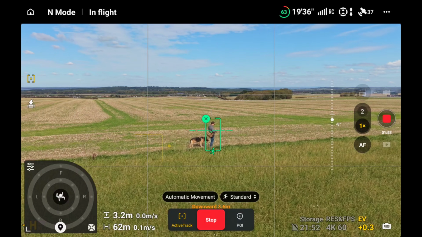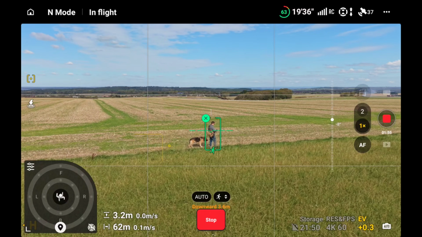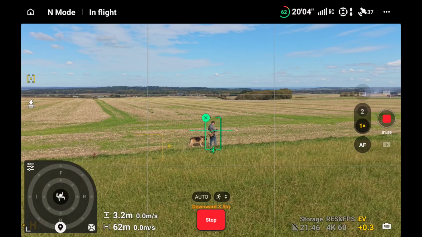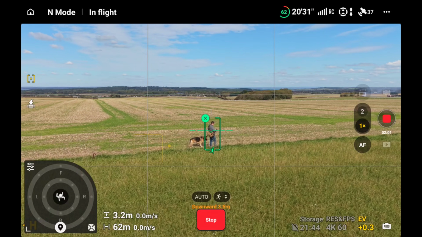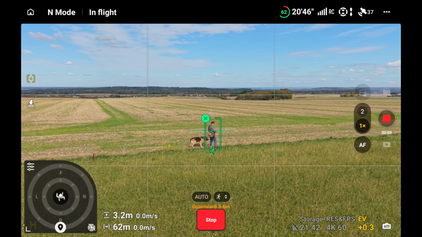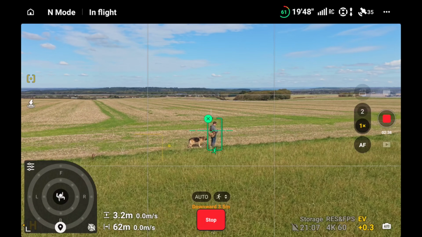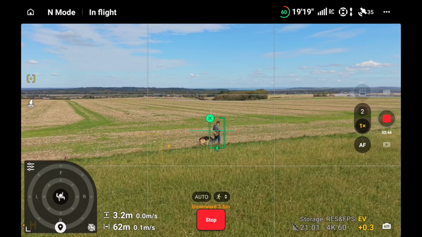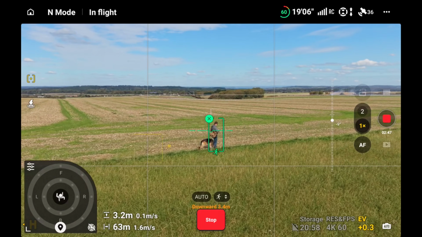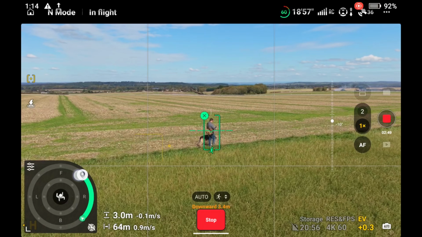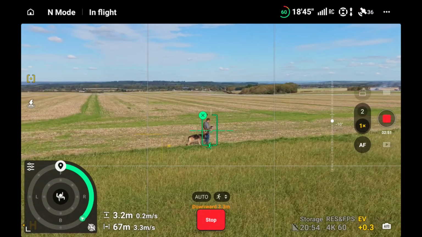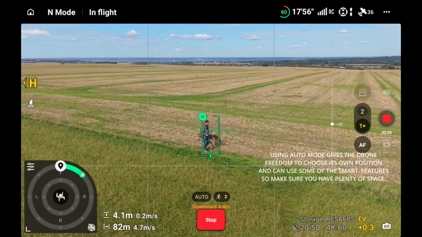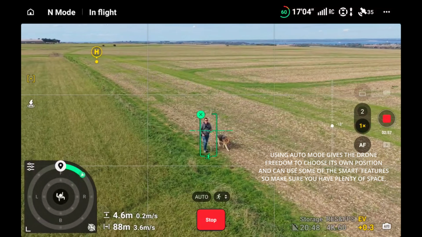So we can now use the icon on the left, which has got an inner ring for close and then an outer ring for a slightly further distance. This can be customized in the settings, and then we can basically, so even though we're walking, this is going to actively track us now, and then we can just spin this round. The drone will then follow that direction round so that it's in front of me, and then should track me in that same position